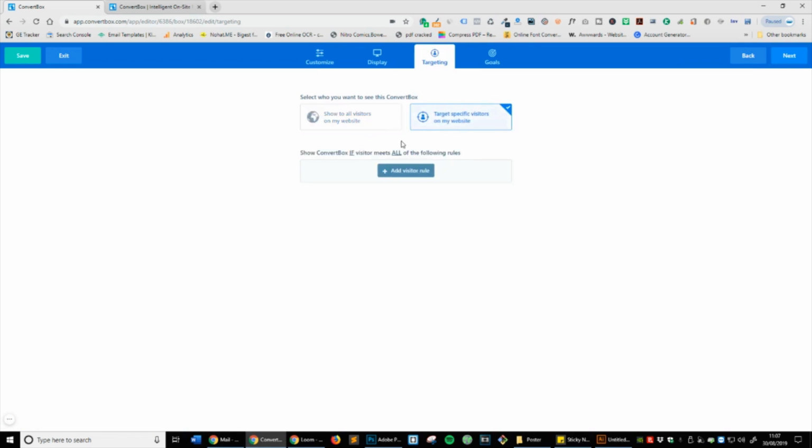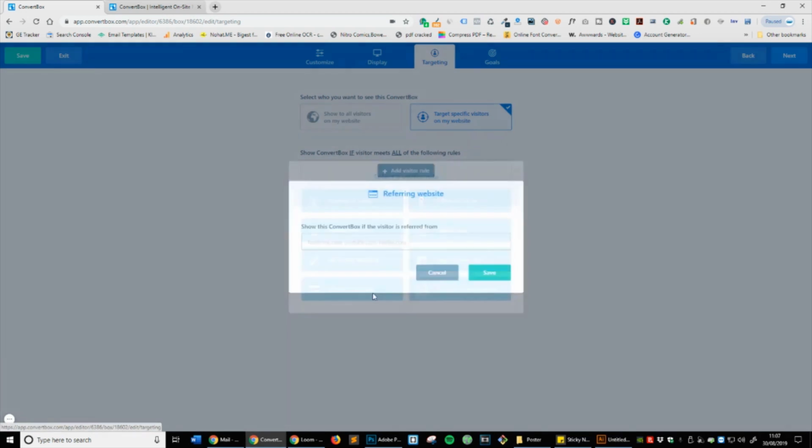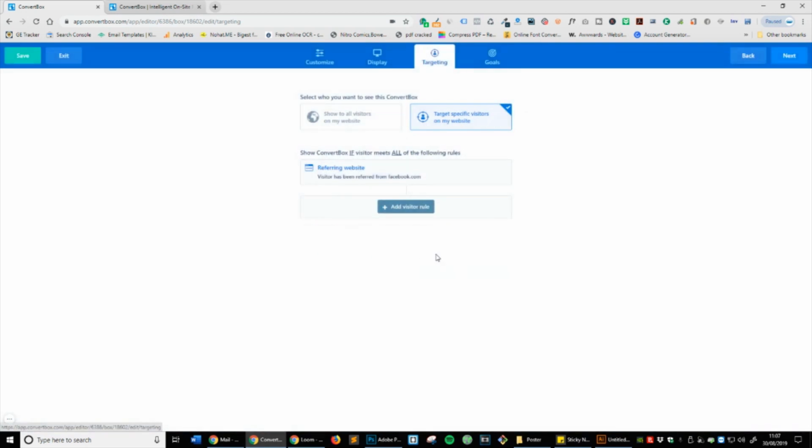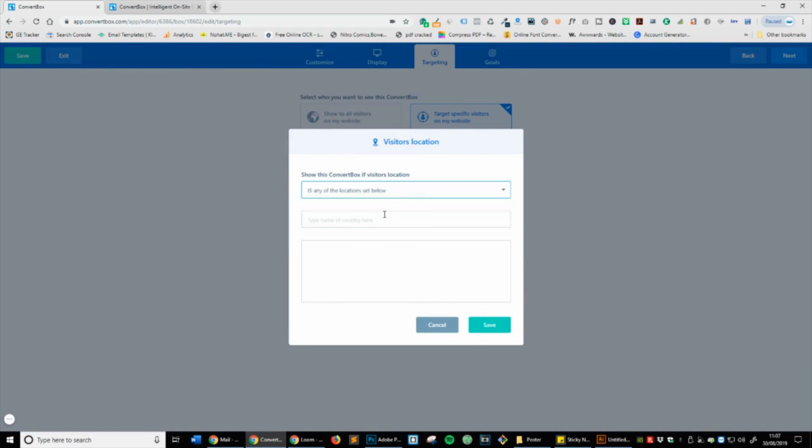So target, select who you want to see this ConvertBox: show to all visitors on my website, or target specific visitors on my website. So I'm going to click on this one and show ConvertBox if visitor meets all the following rules. So add visitor rule. So I want referring website, and this is exactly what we're going to do. So the pretend campaign that we're doing is going to be from Facebook.com, and we're going to press save. So now if they come from Facebook.com, oh, and we can actually do, if they're from England, no, United Kingdom, then one thing,